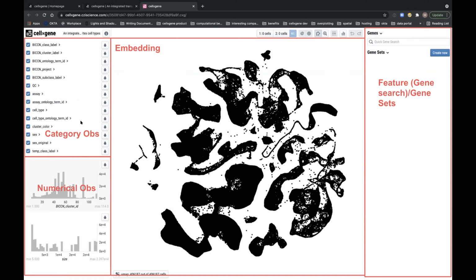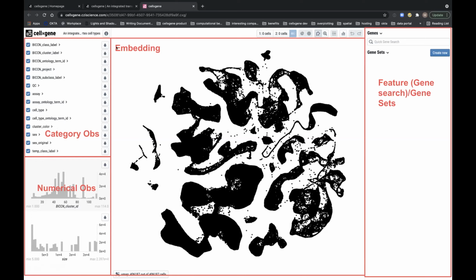In addition to the categorical metadata, which take on discrete values, you can also have numerical metadata. They might be different QC metrics related to cell health, or related to the sampling that was done during the experiment. Here we have cell size. Additionally, in the center pane is where all the action is going down.